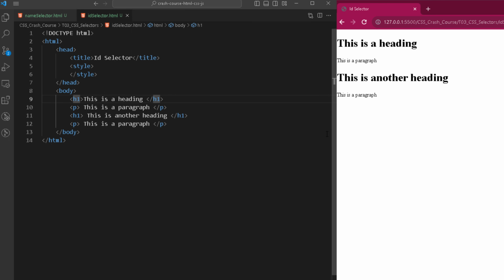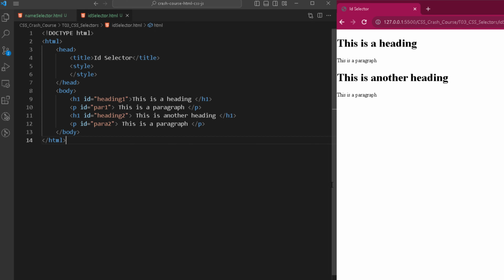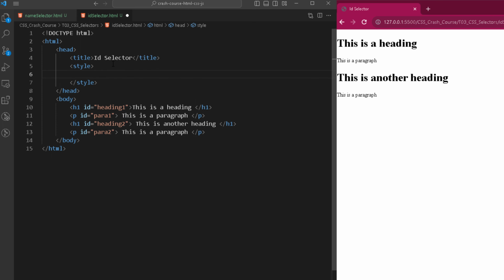Now let's suppose each heading and paragraph is having an individual ID. So you can clearly see that the first H1 is having ID heading 1, the second H1 is having ID heading 2, and similarly the first paragraph is having ID para 1 and the second paragraph is having ID para 2. Now if I want to provide a style using the ID, then I will use hashtag and the